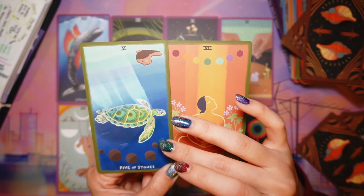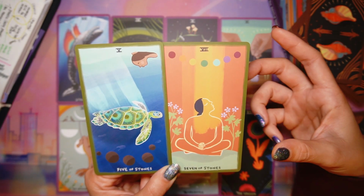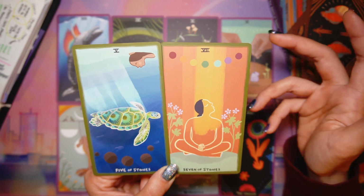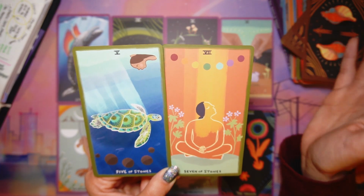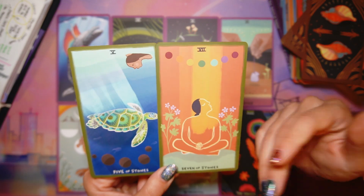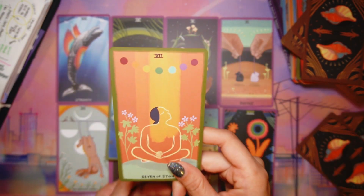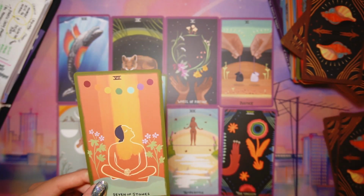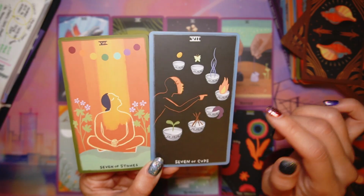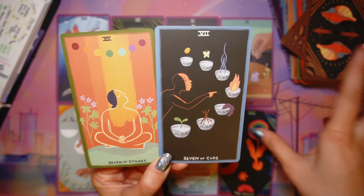And I realized that I was really struggling the past few days. I didn't feel like I had much energy, and my resources and energy and focus were just all scattered. So I also pulled out the Seven of Stones to remind myself of what the focus feels like, or what I want it to feel like. It's interesting to note these sevens versus this Seven of Cups here. For me, both of these sevens could relate to having a lot of focuses or energies all scattered about,